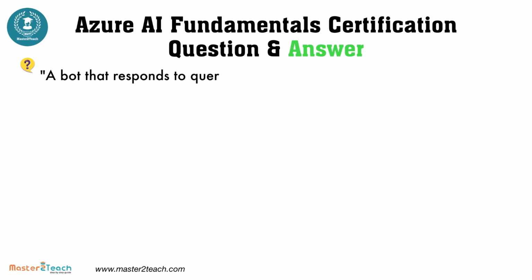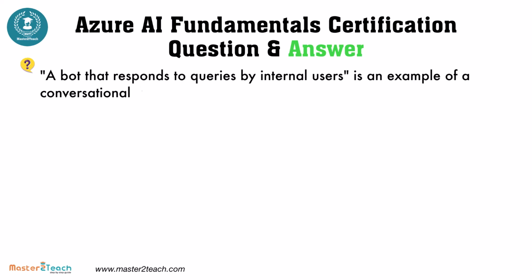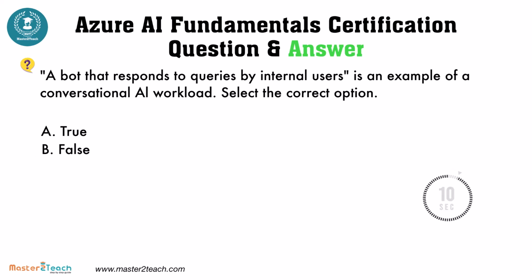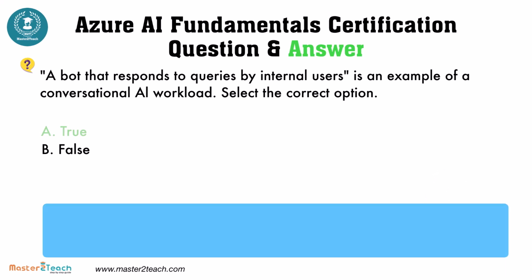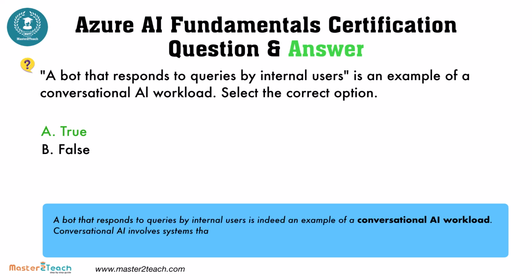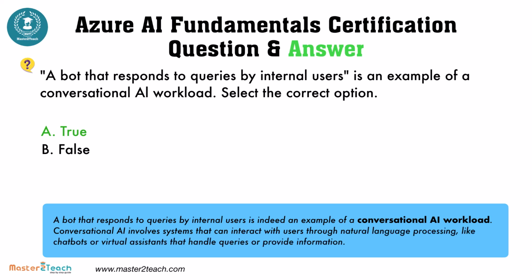A bot that responds to queries by internal users is an example of a conversational AI workload. Select the correct option. True or false? The correct option is true. A bot that responds to queries by internal users is indeed an example of a conversational AI workload. Conversational AI involves systems that can interact with users through natural language processing, like chatbots or virtual assistants that handle